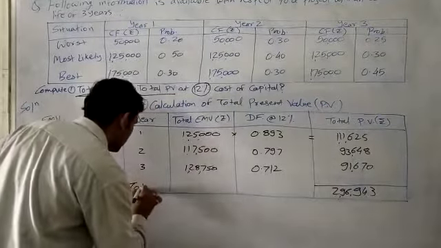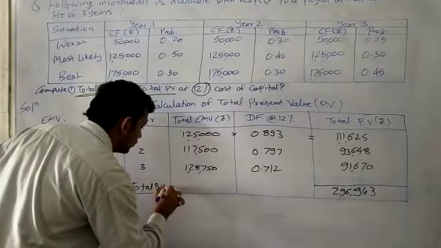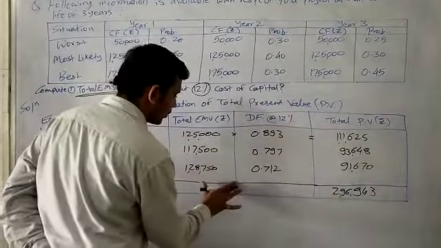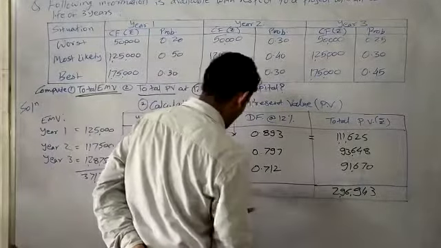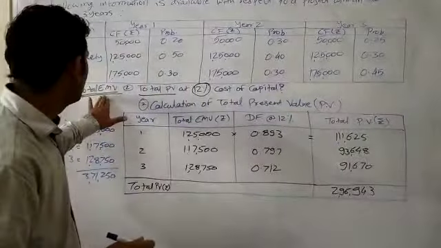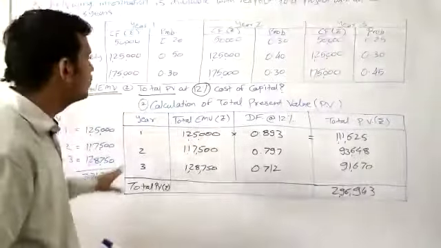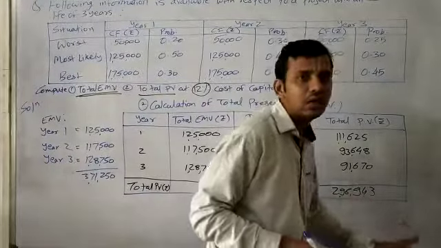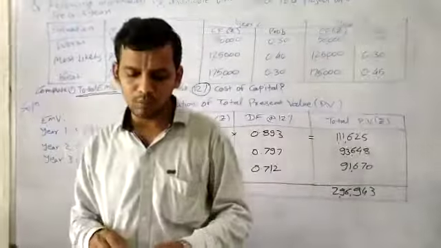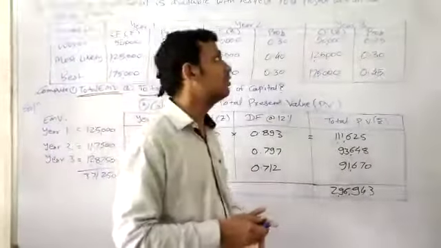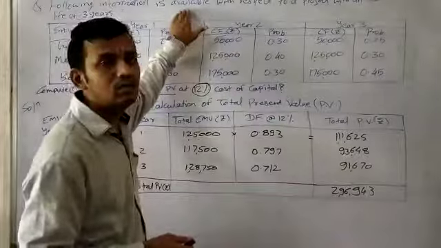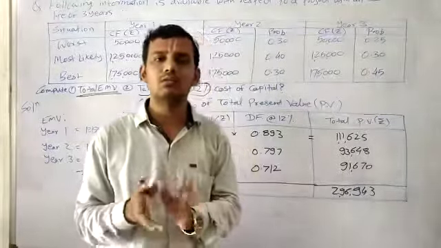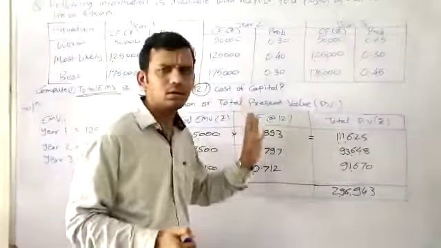We could even write it here: total PV which we have got, in rupees. This is our total PV. This is what we have been asked in the question to calculate. Two things: total EMV 3,71,250, and total PV at the rate of 12%, 2,96,943. Hence we can conclude the problem, but we cannot suggest anything as in the problem we have not been given the cost of the project. We cannot say whether the project is accepted or rejected. We can just calculate it and form the solution.